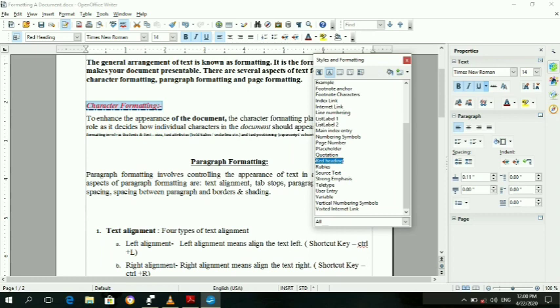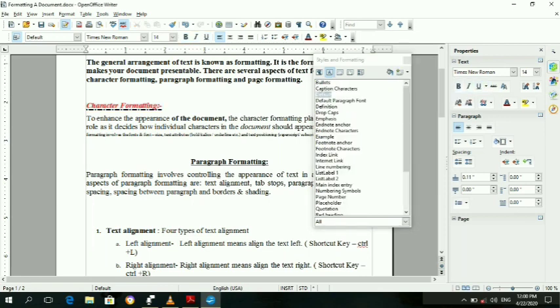So we have two methods to create a new style. One is simply New Style from Selection, and the second method is drag and drop. Is it clear? These are the two ways to create a new style.